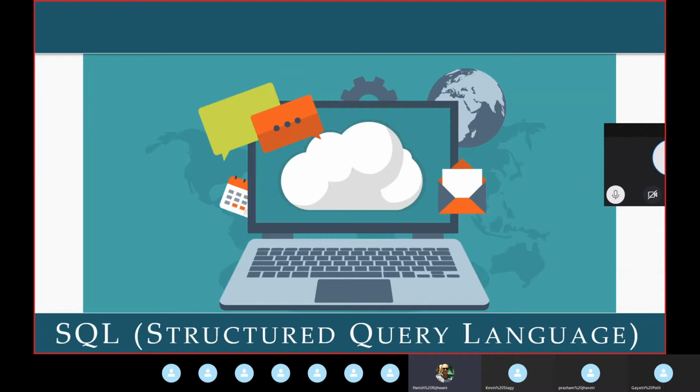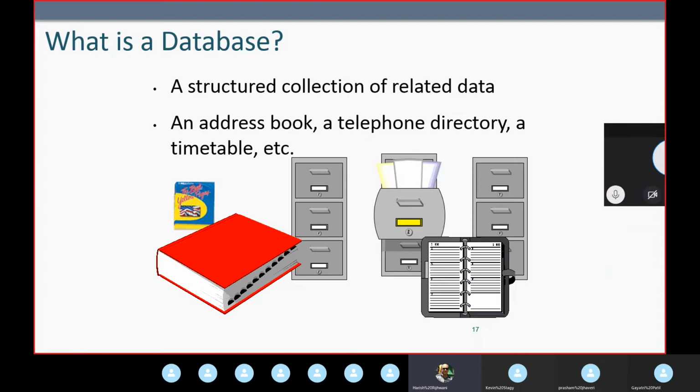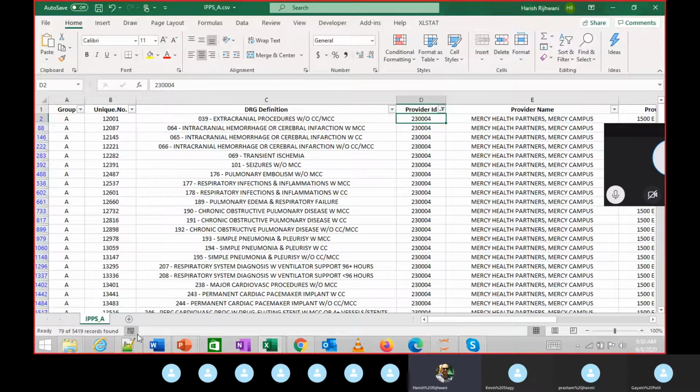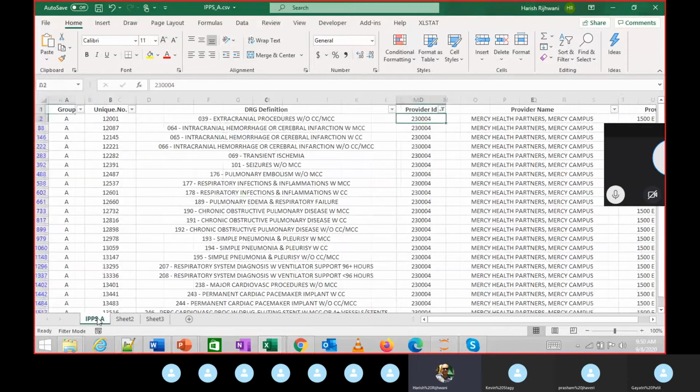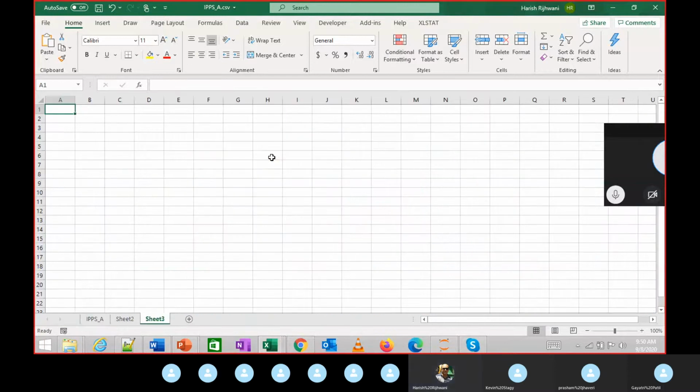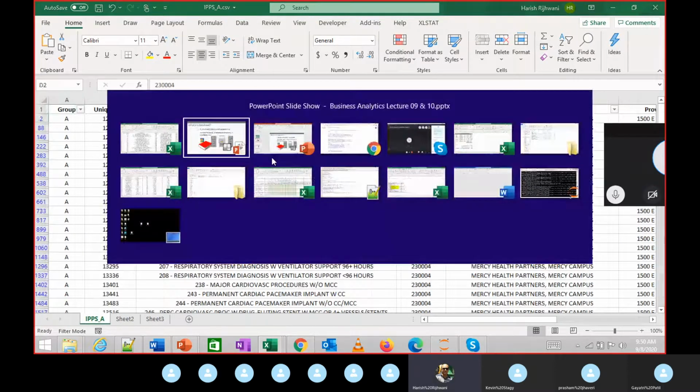There is a format in which you write this. You have a database within which you have tables. You can think of this Excel file as a database, and each of these sheets as a separate table.